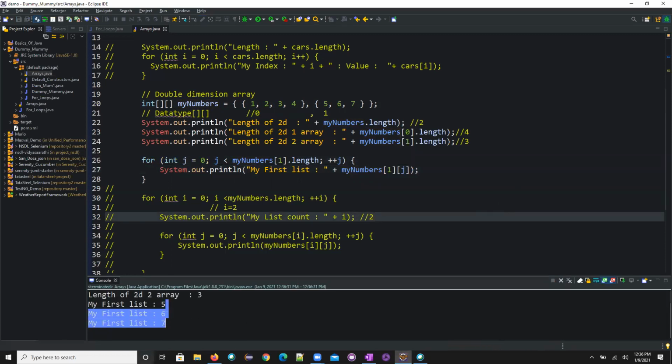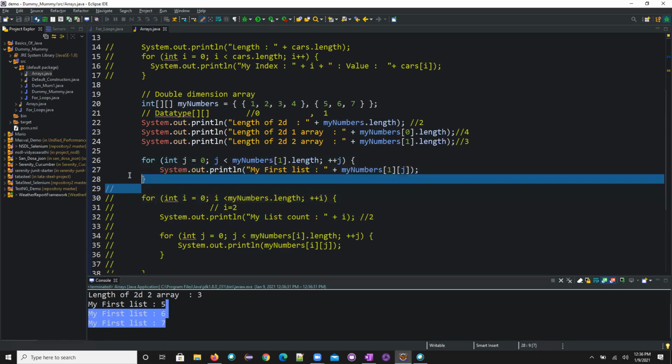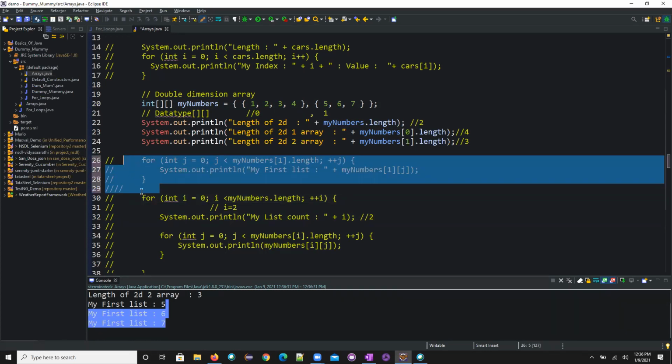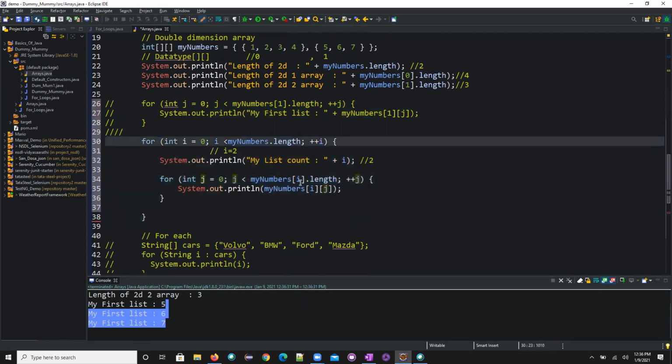See, 5, 6, 7. Excellent, right? Now holistically, what I'm doing is changing 1 and 0, that is the ith value. Now I'll come back and uncomment this particular section. Now you see here, first time it will come 0, second time it will come 1.